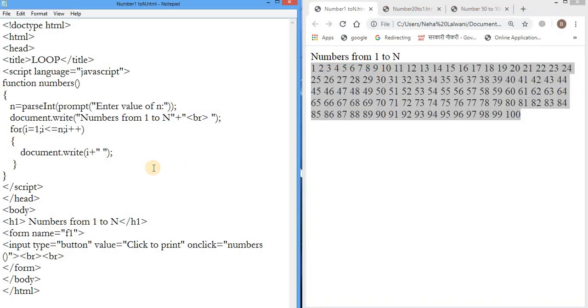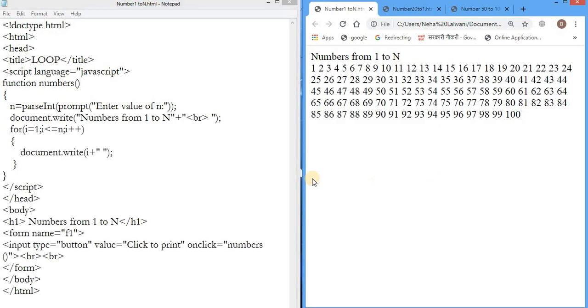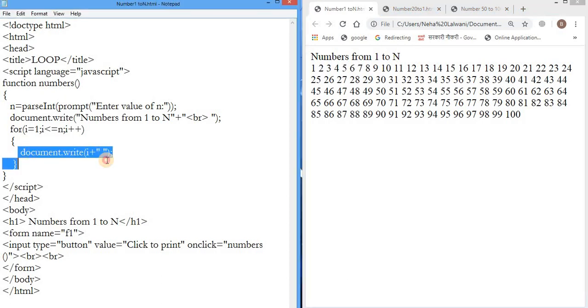After seeing all these examples, I think now you must have understood why loops are used to execute one statement again and again. If I have to print numbers from 1 to 100, rather than writing the same statement again and again, I can just write the statement once inside the loop and the statement will be executed again and again. Okay, so these are the examples related to your